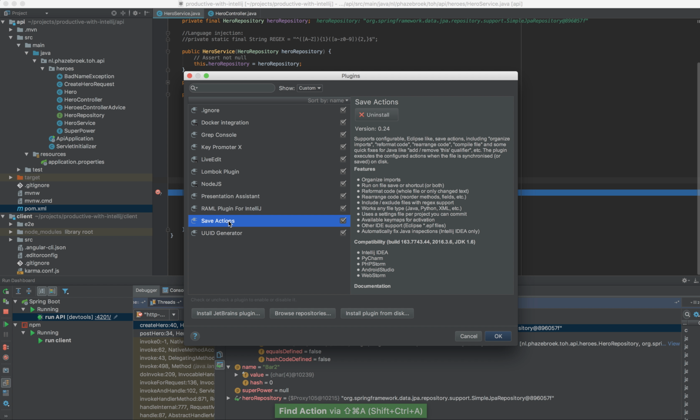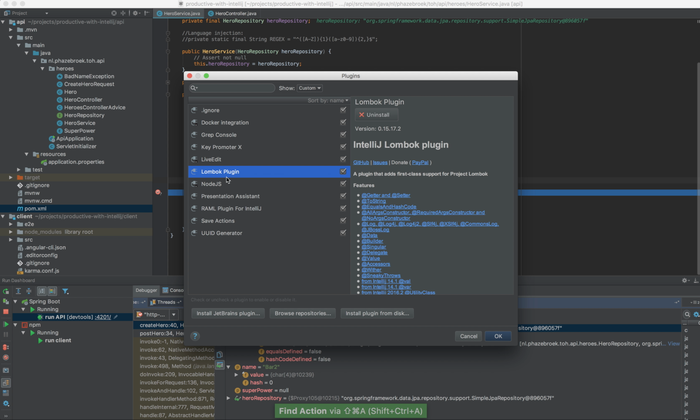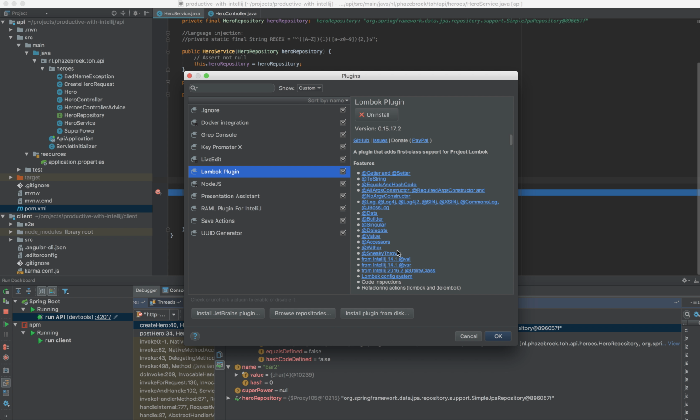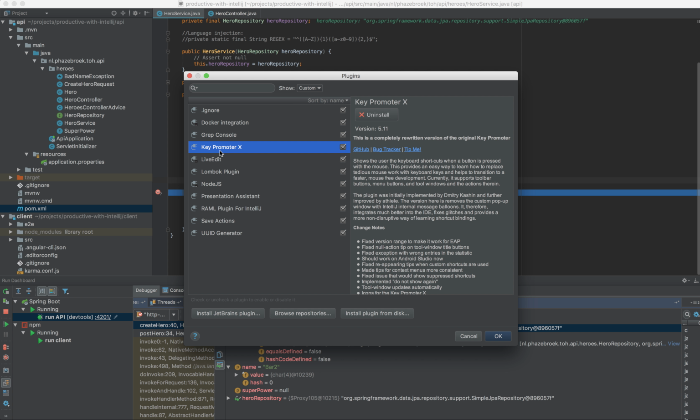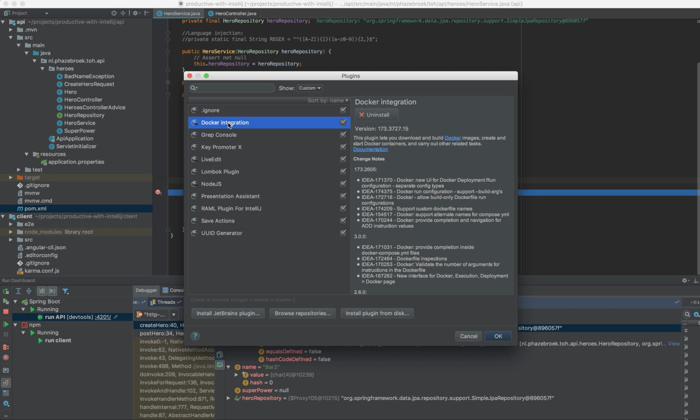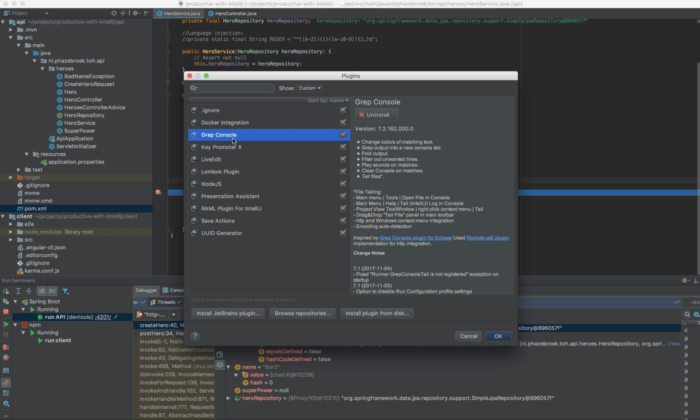The save actions, to have an Eclipse-like style to organize imports and format code on save. The Lombok plugin, if you're familiar with Lombok, is a framework that allows you to add annotations that will translate to boilerplate code, like getters, setters, toString, etc. The key promoter, as I've just shown, shows a list of all the hotkeys that you've missed. The Docker integration, this is a default IntelliJ plugin, but it's not enabled by default, so you need to download it and install it. And grep console, last but not least, is a very nice plugin to colorize your input,